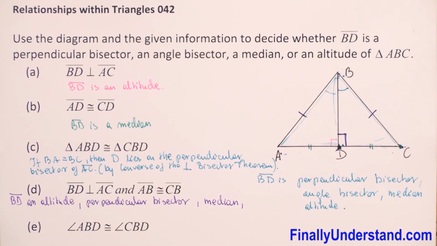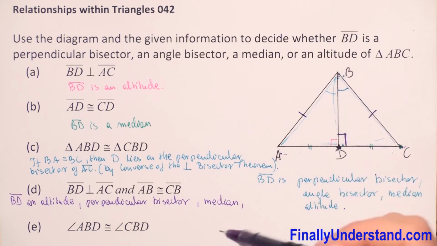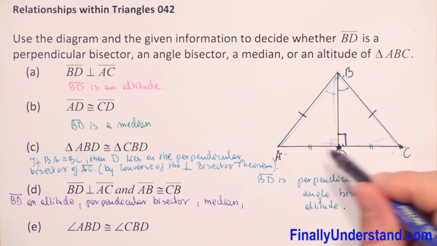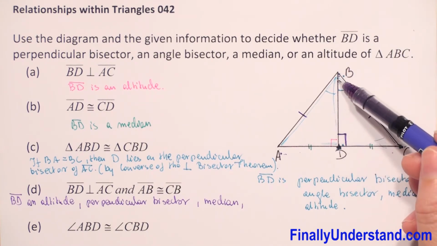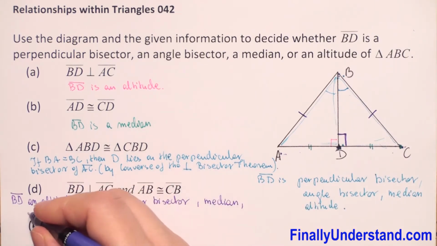And from the definition of perpendicular bisector, we know that perpendicular bisector is a segment that is perpendicular to a segment at its midpoint. So that's why we have that BD is median, because D is the midpoint of AC. And of course, BD is the angle bisector,